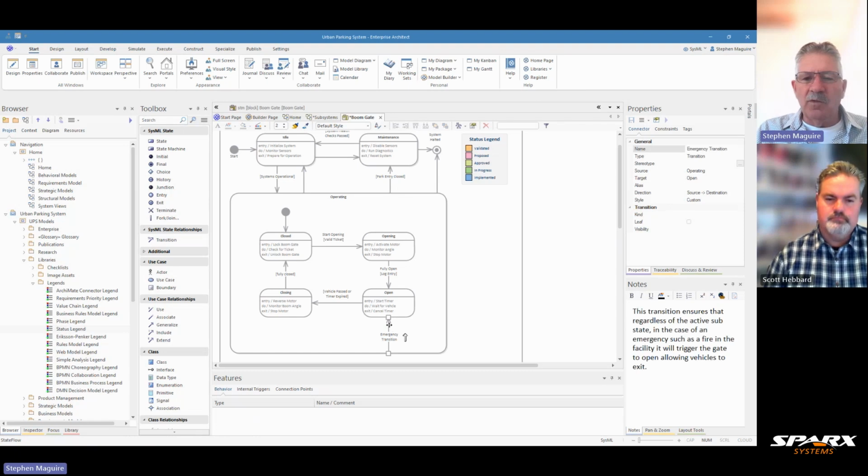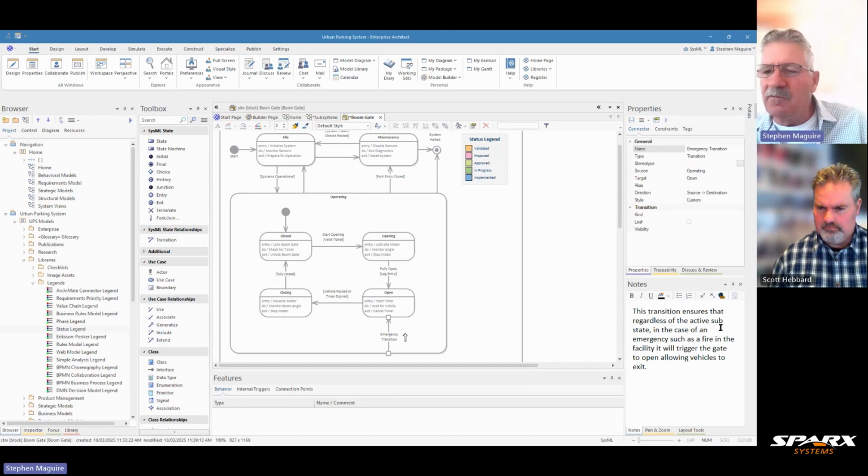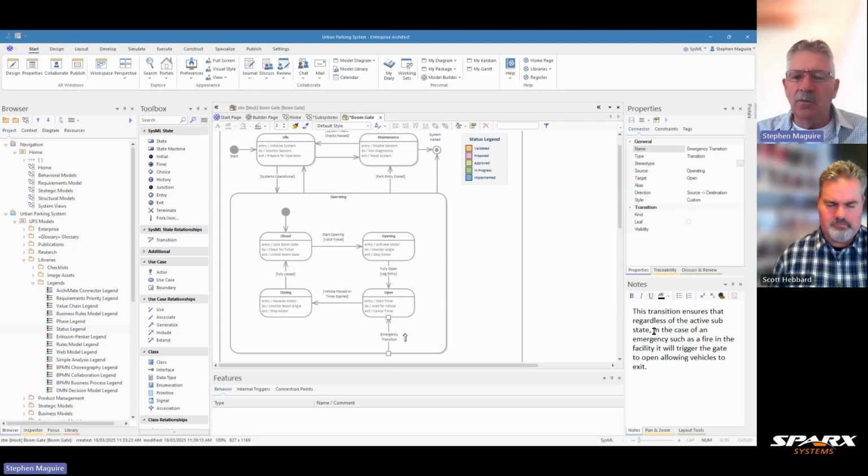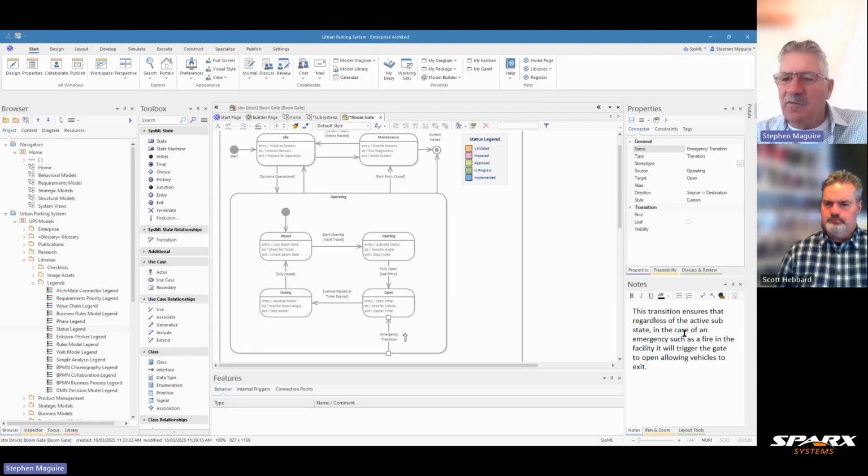And so what this transition is doing is going from the operating state through to the open state. This is for the exit boom gate, and the notes here say the transition ensures that regardless of the active substate, whichever substate you happen to be in, whether closed, opening, closing, or open itself, in this case an emergency such as a fire in the facility will trigger the gate to open, allowing vehicles to